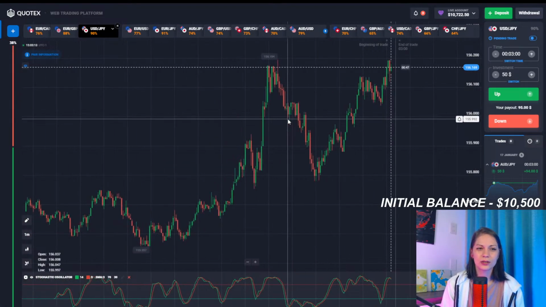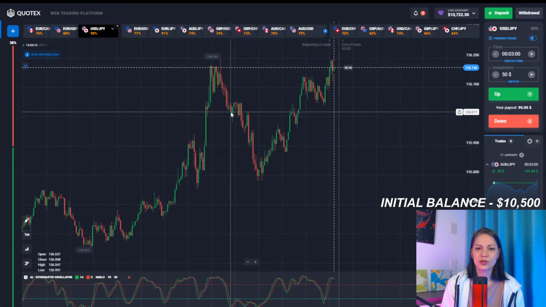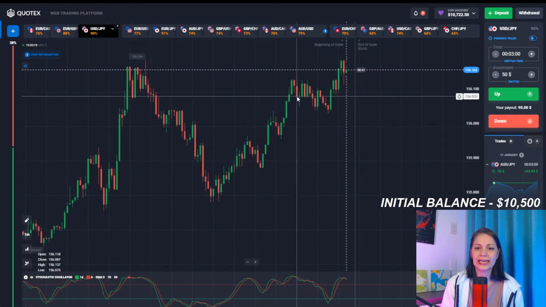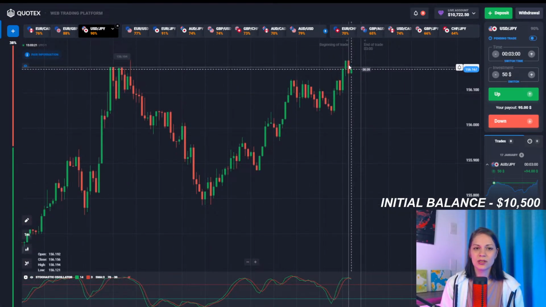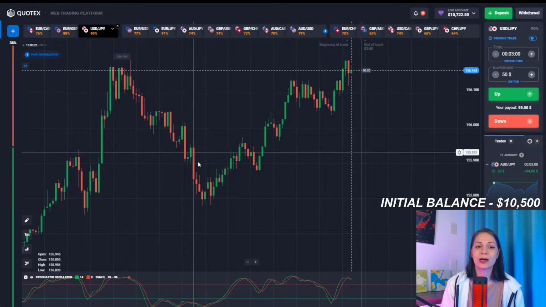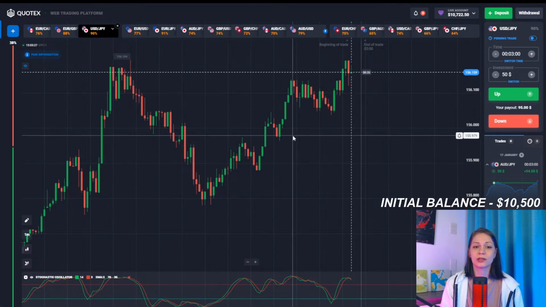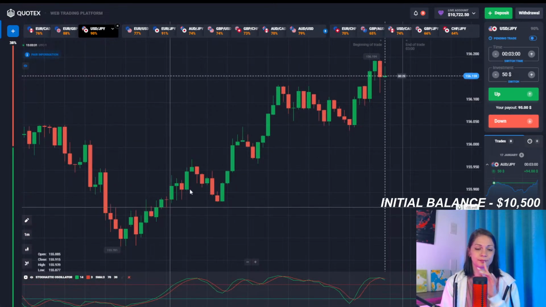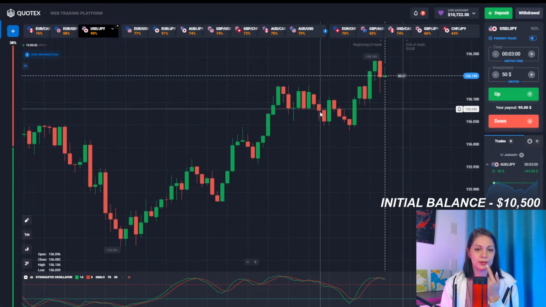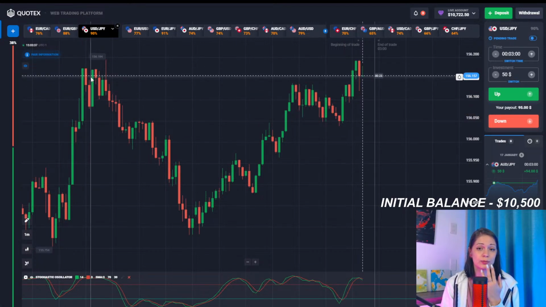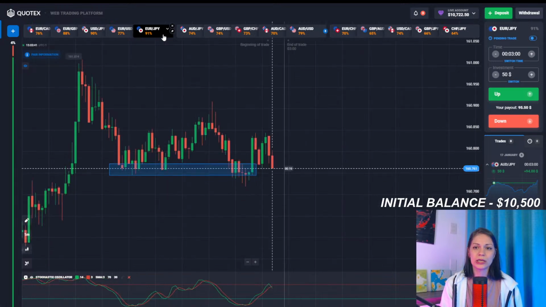Right now here, USD JPY, the price is pushing the resistance zone. We still have a global uptrend, and it is interesting if we're gonna break through, or the price is gonna be pushed downwards from this resistance level, just the same as it happened before. According to the previous movement, there was still an uptrend and it could break through that level, but I'm not certain about that. We need to wait.